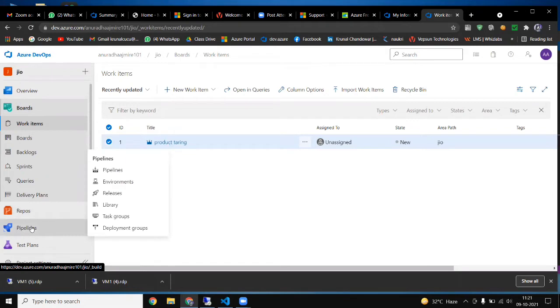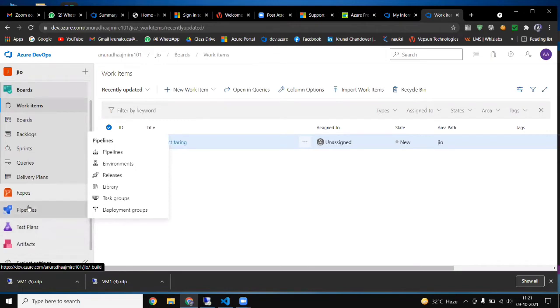After that we go for a pipeline. Before, in this portal they did not write pipeline, they wrote build and release. Build and release means they build it, and then release it for testing and deployment. That build and release, they have now changed the name to pipeline. I'm just giving you a few oral points. If you get it or don't get it, don't worry, just put some data in your mind.